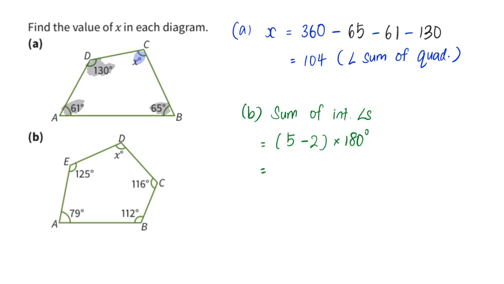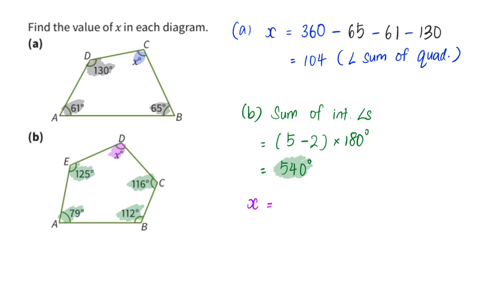This will give me 540 degrees. And now I know already, for this x, I just need to know that the interior angles add up to 540 degrees, meaning that in order to find my x, I am going to use